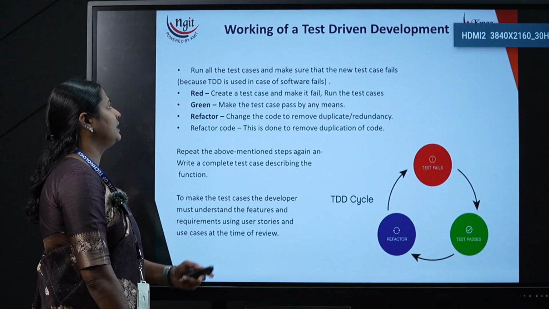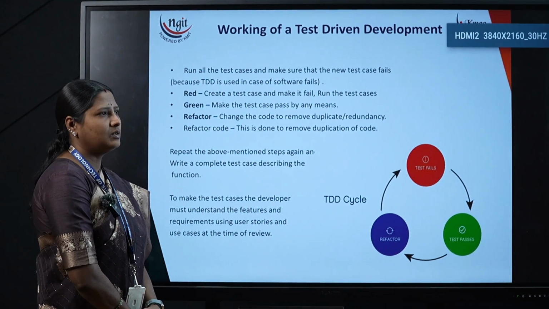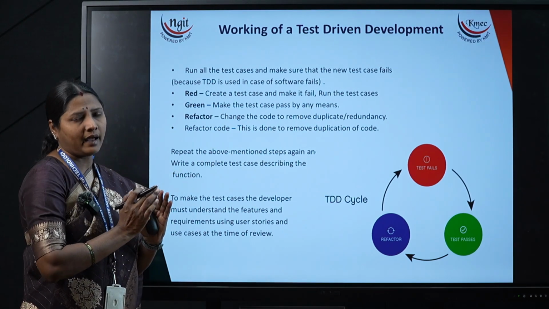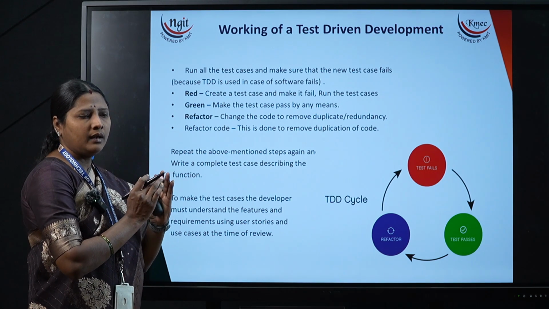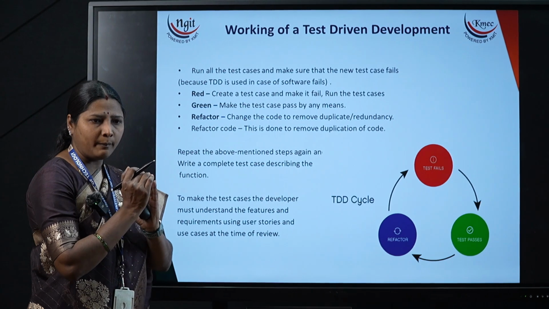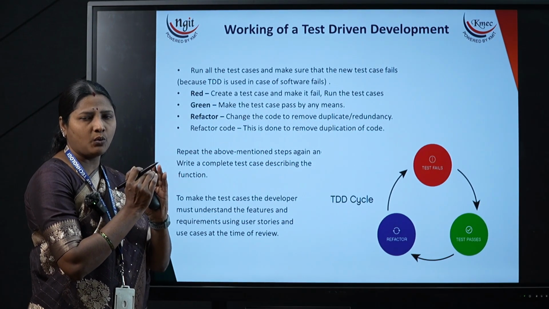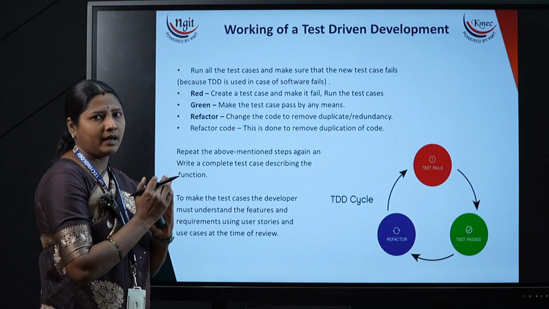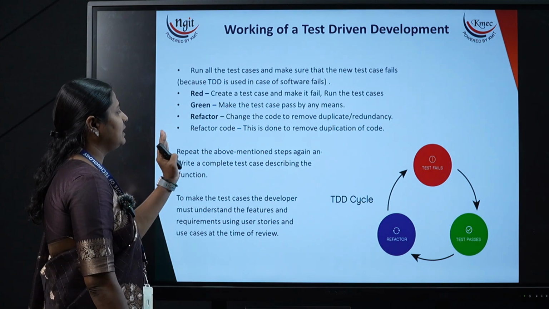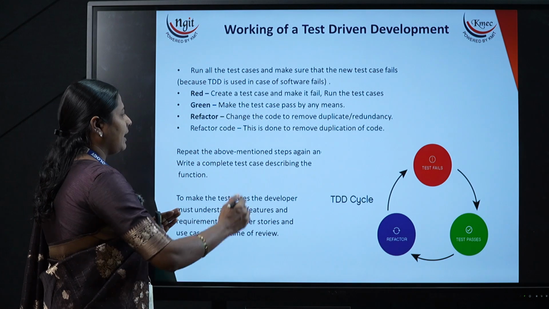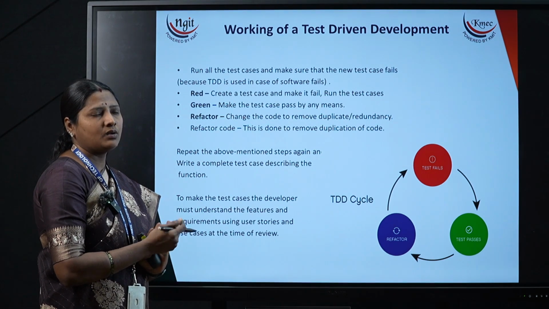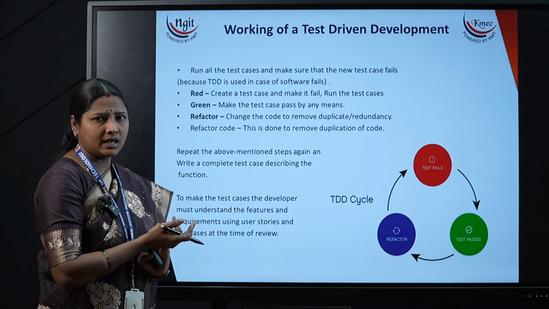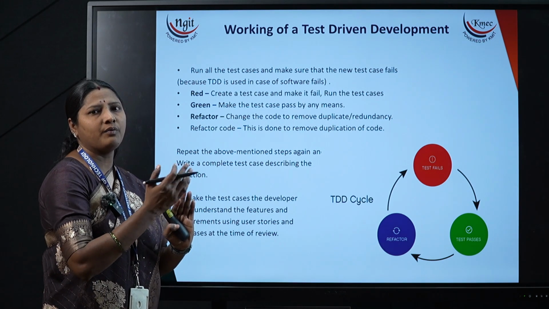Coming to the next one, the working of test driven development. How exactly does it work? We understood that this technique is used between design and actual code development. Between these two, the overall design is divided into a number of modules. Each module has its own functionality, based on which the code is developed, and then we integrate all the code. In test driven development, n number of test cases are written. Once one module's code is developed, based on that piece of code, n number of test cases are developed and they check for various conditions.